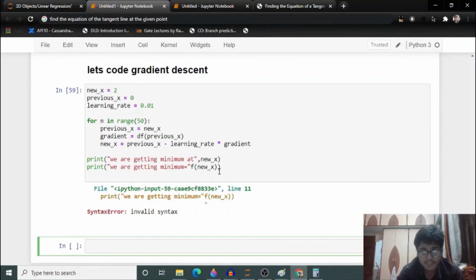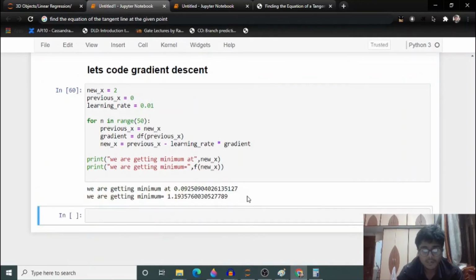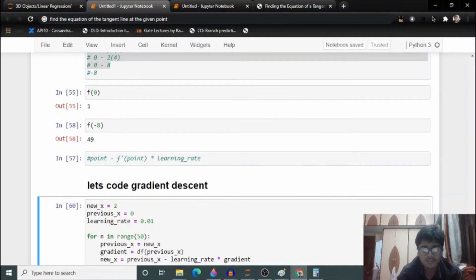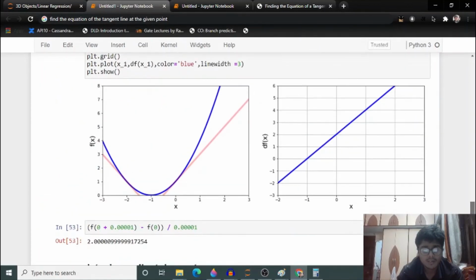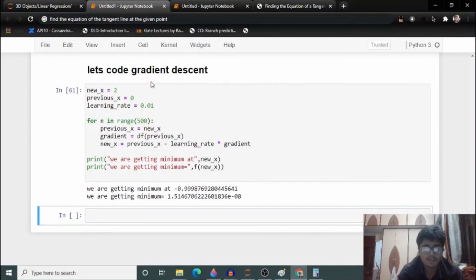I got some syntax error guys. Okay, you can see that we get minimum at 0 and the value we are getting is 1 guys. So let's put this iteration count to be higher, let's do it many times.